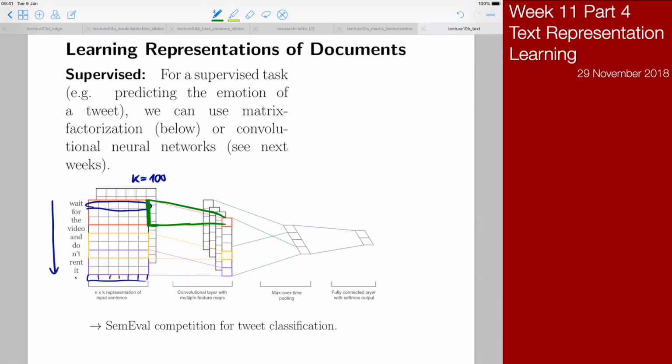So wherever the window is, that's what we call a filter actually. So what it does, this green window is a bunch of fixed numbers. Well, we actually learned them, which is 3 times 100, and they get multiplied with their corresponding entries, and then that produces one number. So that's what we call it's actually called a convolutional filter,